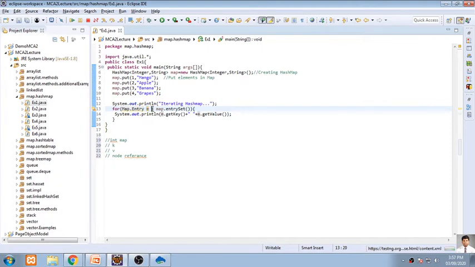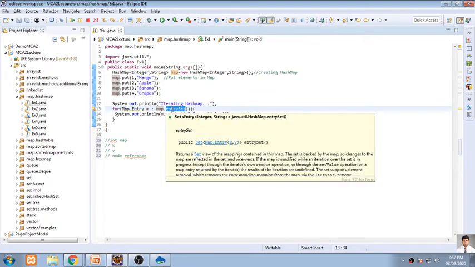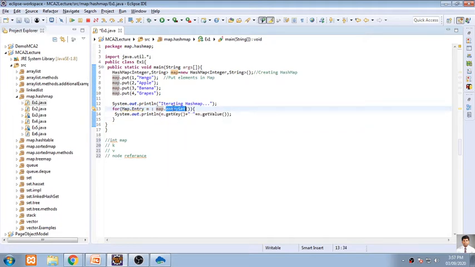As we are using an enhanced for loop, there is a colon, and I'm using the map object with entrySet. The entrySet function contains all keys and all values. Then, by using m.getKey and m.getValue, I will get all keys and all values directly. So I'm running this program. It's very simple how to retrieve this.